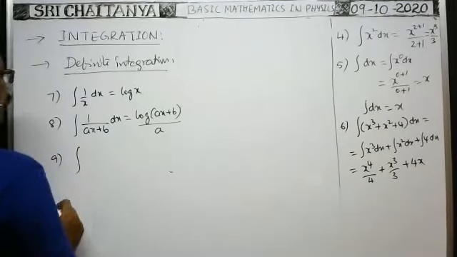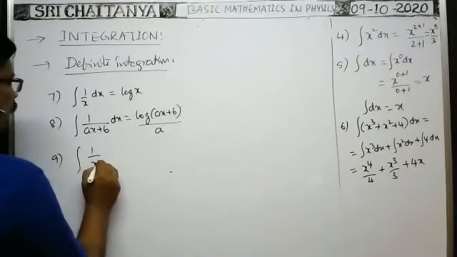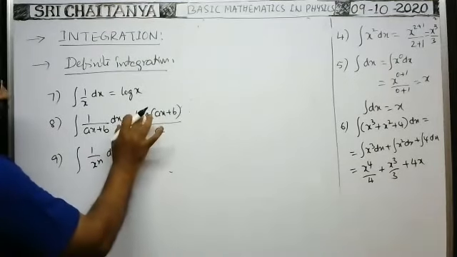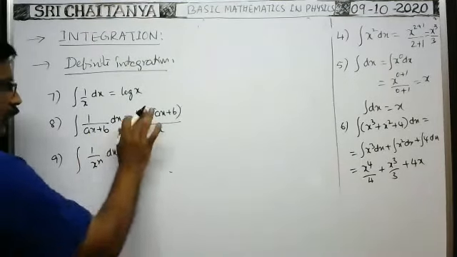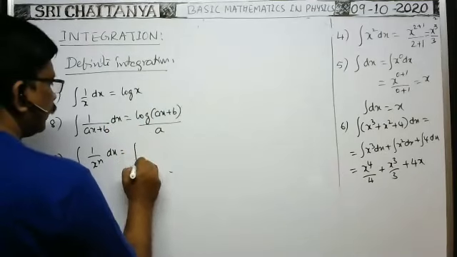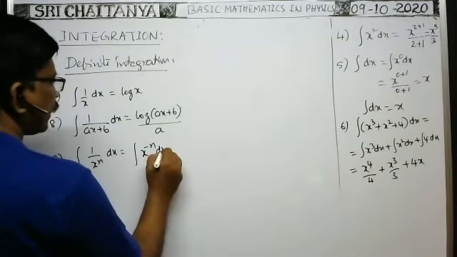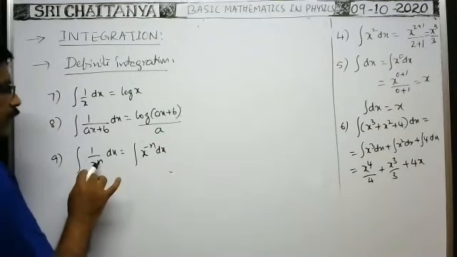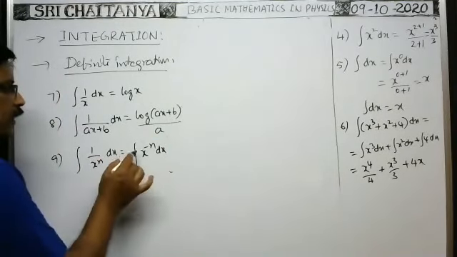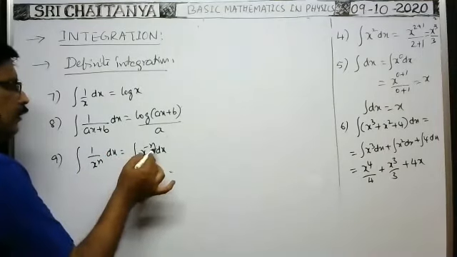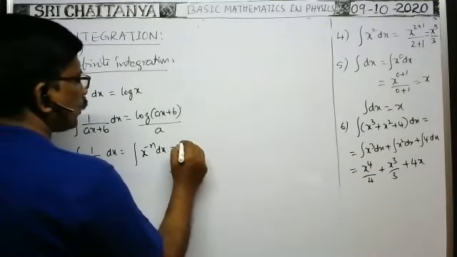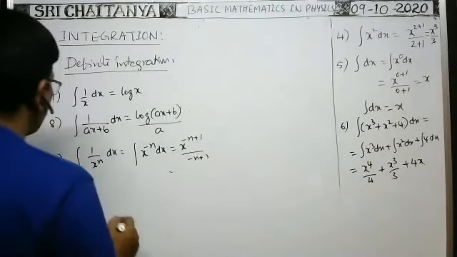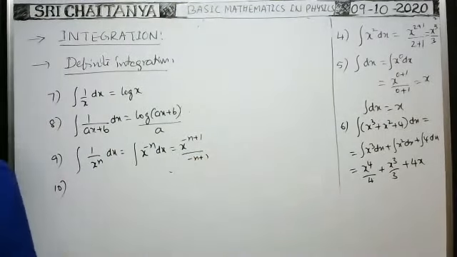9th one ఇంటిగ్రల్ 1/x^n dx అని ఉందనుకోండి, ఇక్కడ పవర్ 1 అయితేనే ఇట్లా రాసుకోవాలి ఇన్ టర్మ్స్ ఆఫ్ లాగ్. మోర్ దాన్ దట్ 1 ఉంటే ఇట్లా రాయకూడదు. సో ఇంటిగ్రల్ x to the power minus n dx అవుతుంది. Whenever in the denominator when x to the power n is there, then you write in the numerator as x to the power minus n dx, which is equal to x to the power minus n plus 1 by minus n plus 1 as ordinary integration only. Okay, next 10th one,